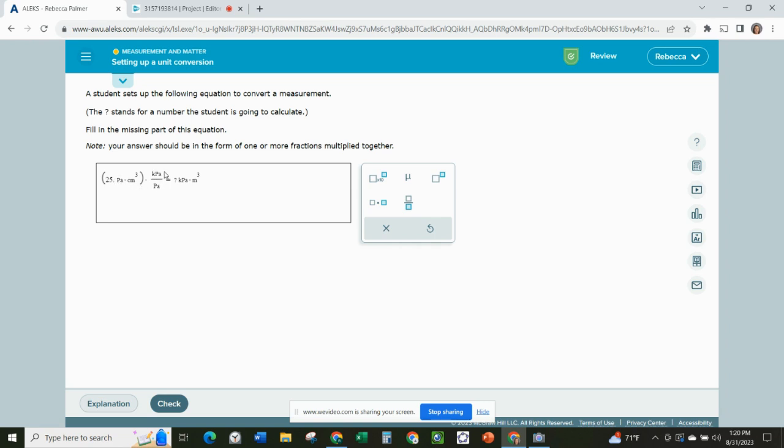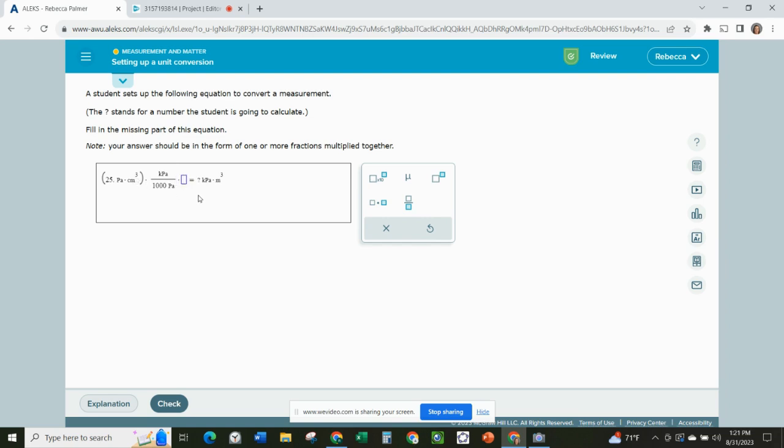And then I just have to make sure that I have something that's equivalent. So something on the top that's equal to something on the bottom. So kPa is telling me that I have 1,000 pascals. So on the bottom, I need this to say 1,000 pascals. That's my first conversion. And then the next one, this one's a little bit trickier because it's cubed, so we